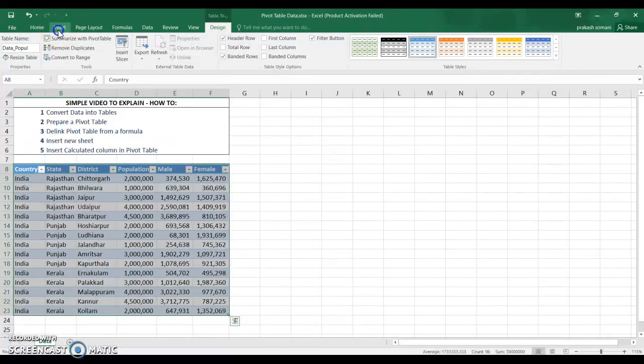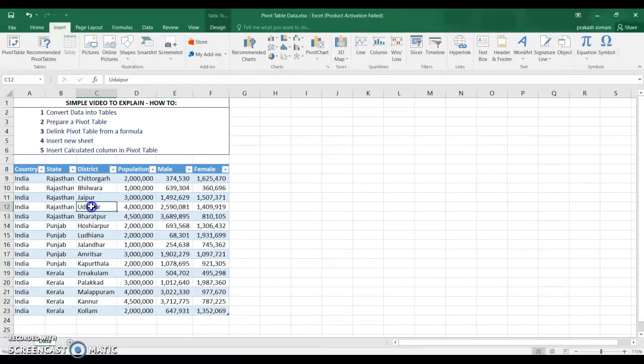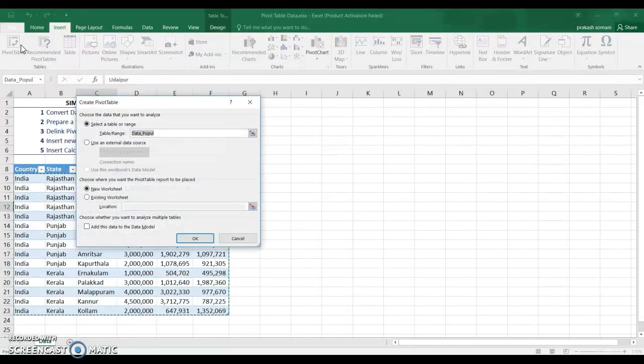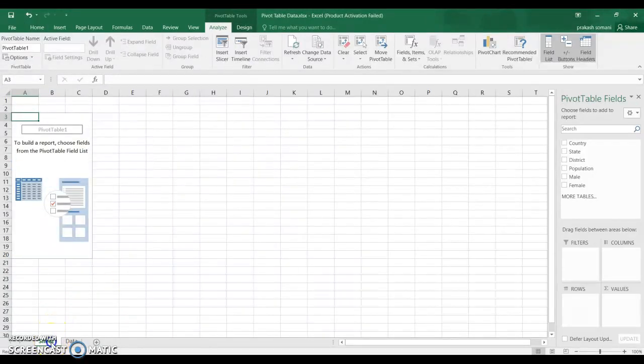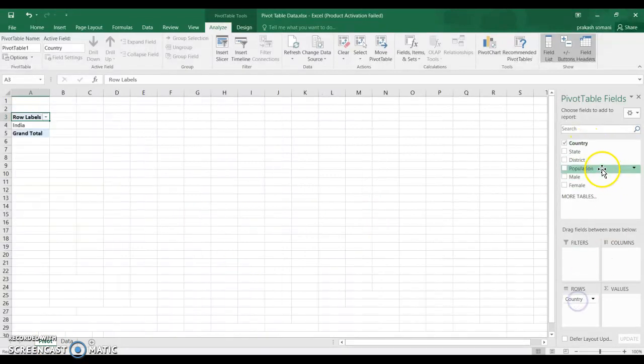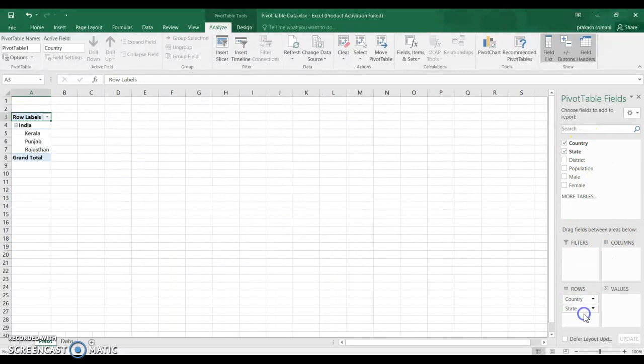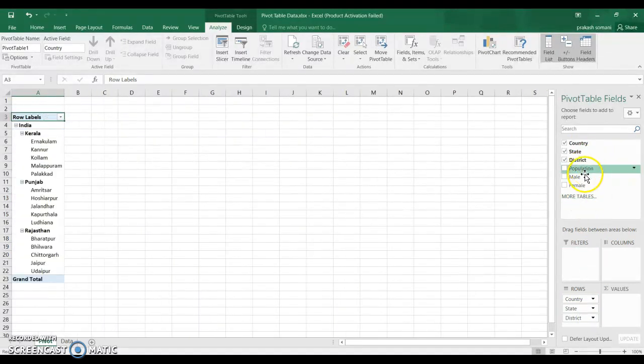Now I want to create a pivot table from this. So I'll go to Insert, and PivotTable. You see that it is taking the same table name which we have given. Now we can have it on a new sheet or existing. I'll take a new sheet and I will name it pivot. You can drag and drop your data in whichever way you want. State, then district, and then I'll take